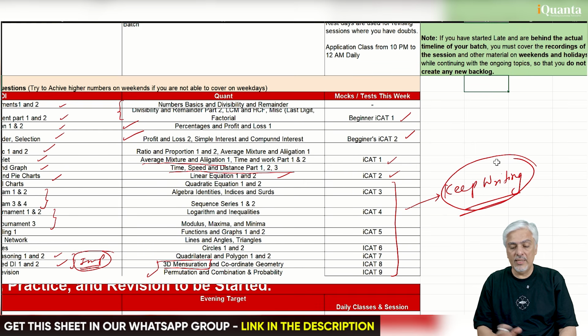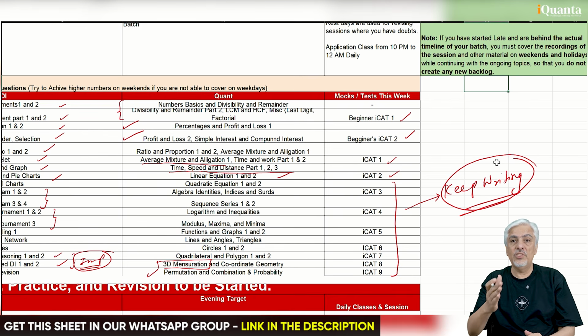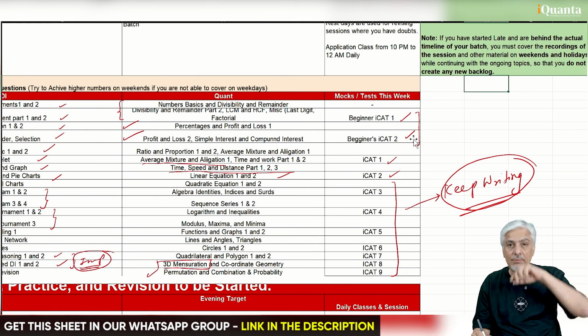Okay. In fact, I have this one thing which I always say when you are writing mocks. A lot of people keep asking me, sir, how do I improve my concentration? So many times when people write mocks, it happens to them. They write the first 2 sections, and by the third section, they're exhausted. So after the first 2 beginner mocks, what you should also do is that every time you write a mock,